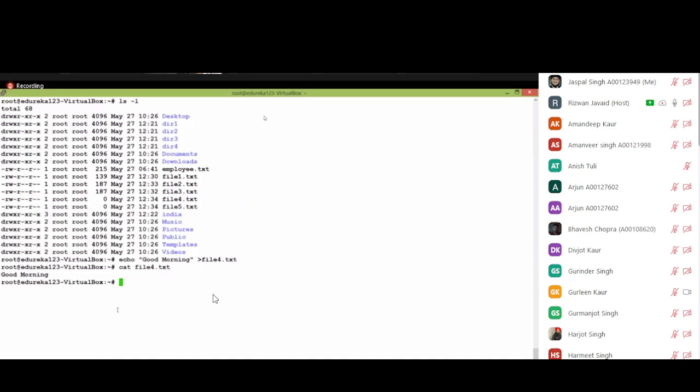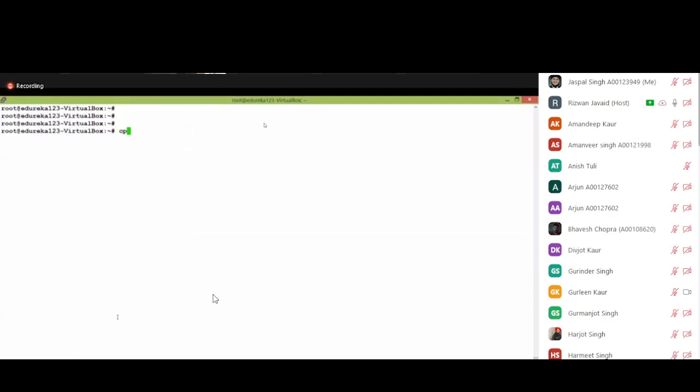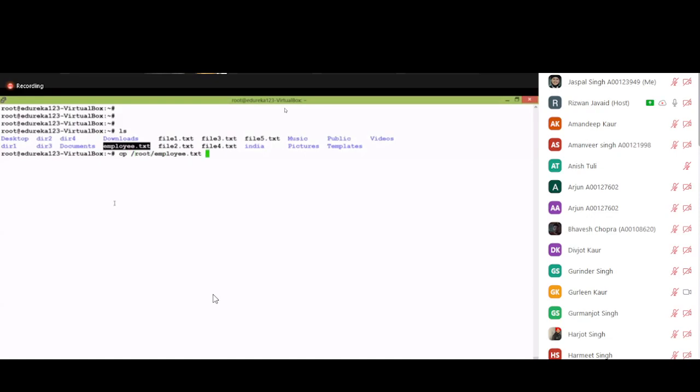Next, we'll talk about editors in a short while from now. First, we'll talk about the copy command. CP stands for copy, to copy files and folders from one location to another. Let us see how to copy a file. For example, let me take employee.txt. The command is cp, what you want to copy, and where you want to copy. You know what the source and the destination are. This is my source, and I would like to copy this particular file under /opt.